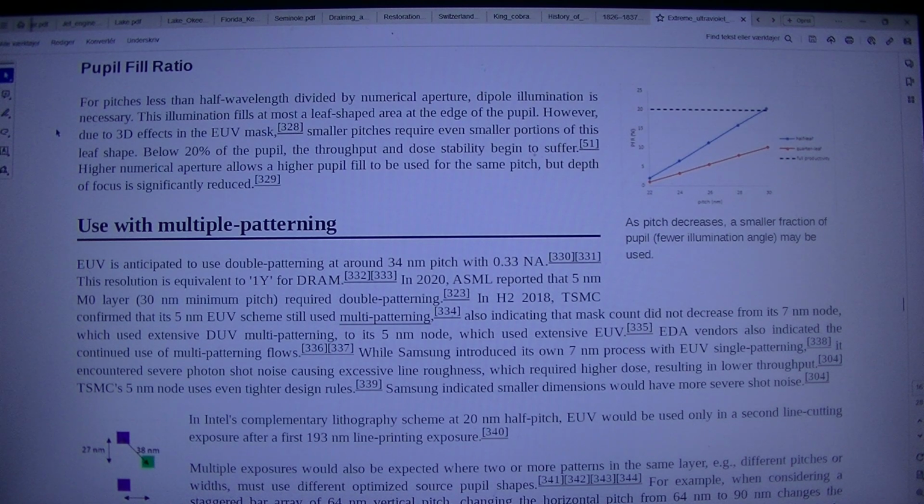Below 20% of the pupil, the throughput and dose stability begin to suffer. 51. Higher numerical aperture allows a higher pupil fill to be used for the same pitch, but depth of focus is significantly reduced. 329. Use with multiple patterning. EUV is anticipated to use double patterning at around 34 nm pitch with 0.3